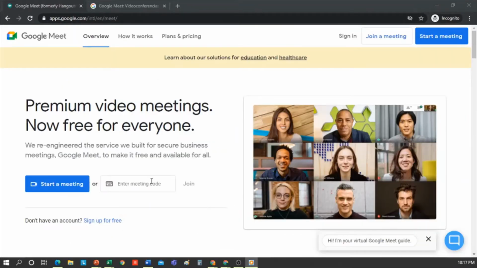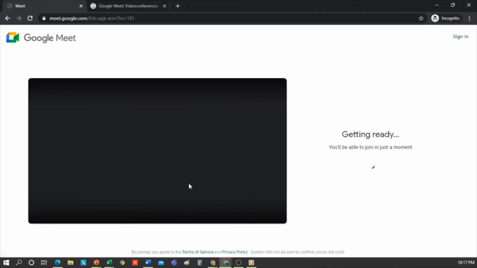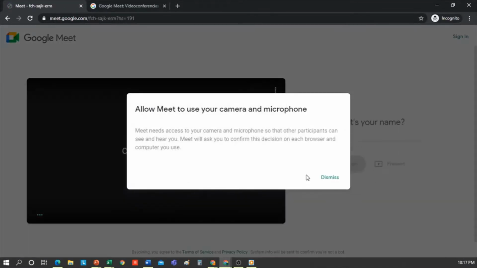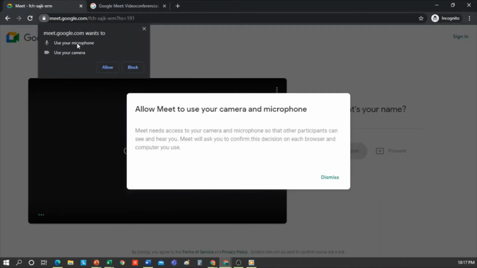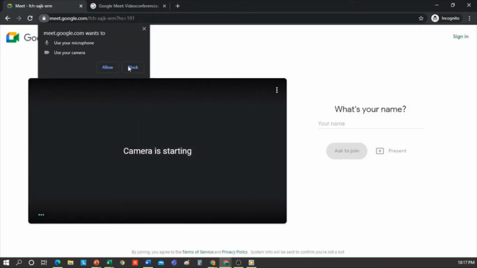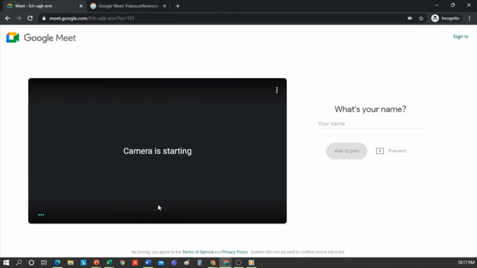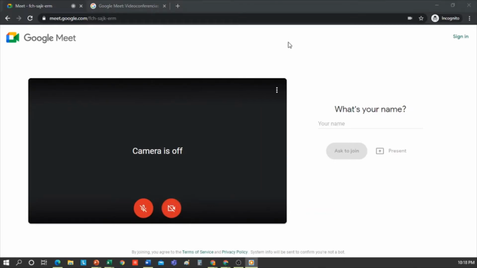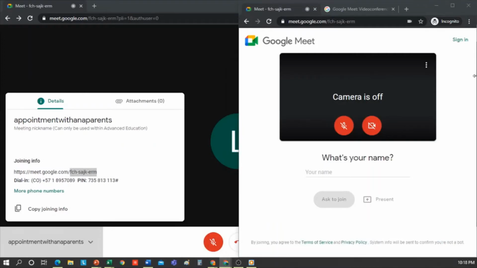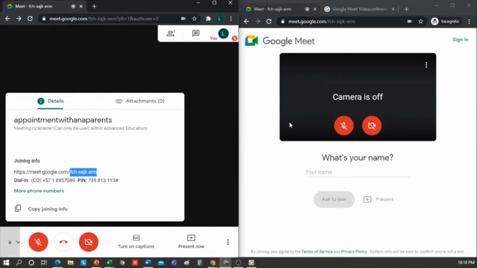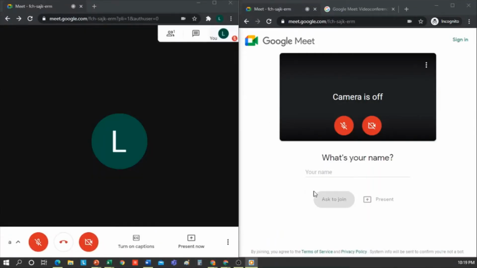I type Google Meet in my browser. In Join a Meeting, I click, and here it asks for the meeting code. Then I paste it and join. Here, it would ask the same again for the microphone and camera. I'm going to split my screen in two so that we can see the teacher window and the parent tool. That's it. This one on the right is the parent's view, and the one on the left is the teacher's